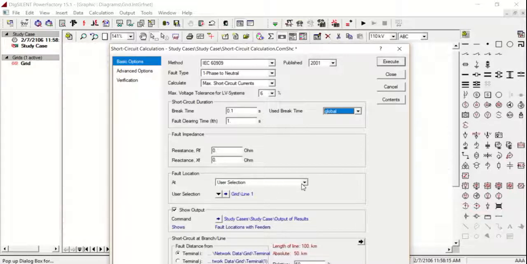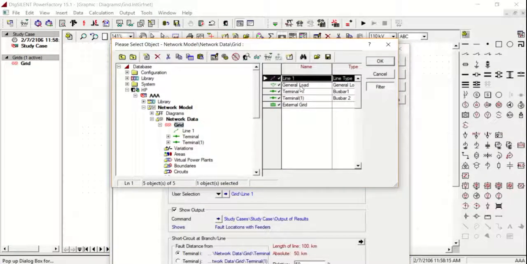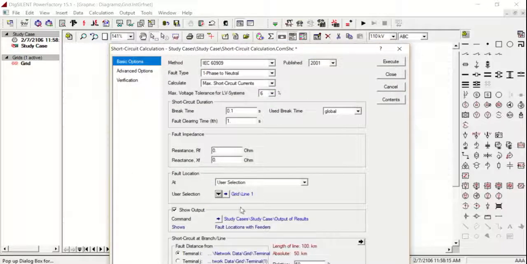For the fault location, you can select the bus bars, junction nodes, all the bus bars, or user selection, where it should be selected. Okay, go and you can select here where the fault should occur, and in which location you want to consider the fault current. We don't go through this portion because we want to know on the transmission line, but on which location of the transmission line. Let's consider here